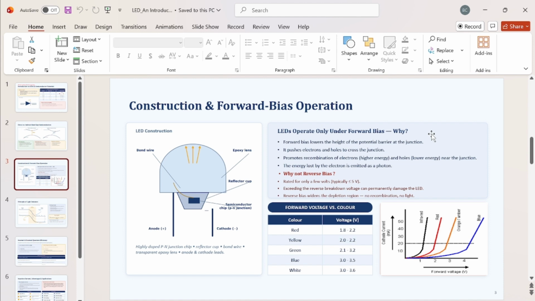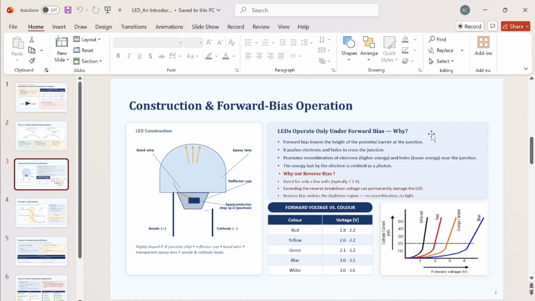So forward bias basically means the more positive of the two voltages is applied to the P region, and the less positive of the two voltages applied across the junction is given to the N region. In this case, we all know that the depletion region width lowers down, and the potential barrier height also gets reduced, and these two conditions favor the electrons and holes to cross the junction, and then they become minority